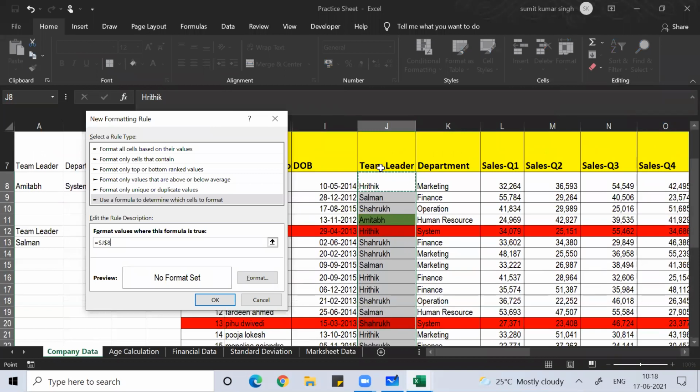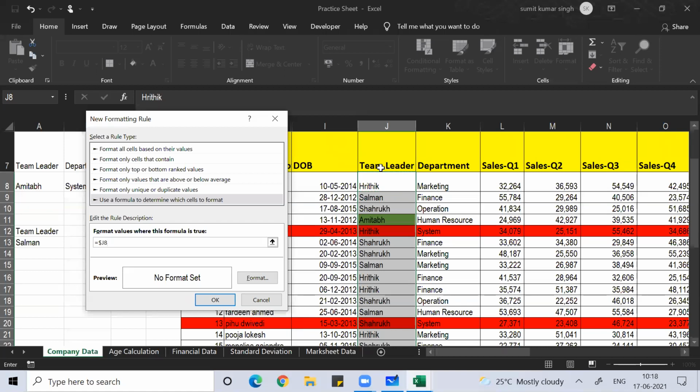Now you see the first cell is showing like dollar sign J8, which means that cell is fixed. I don't want the cell to be fixed. I want that whenever I select any value, Excel should search that value here. So remove the dollar sign from the row number.